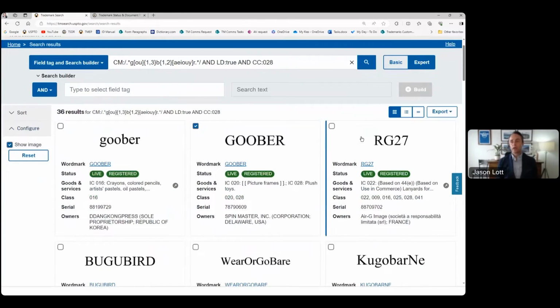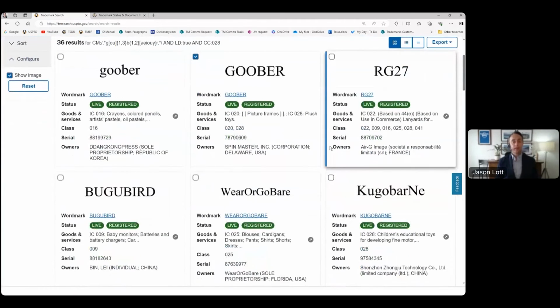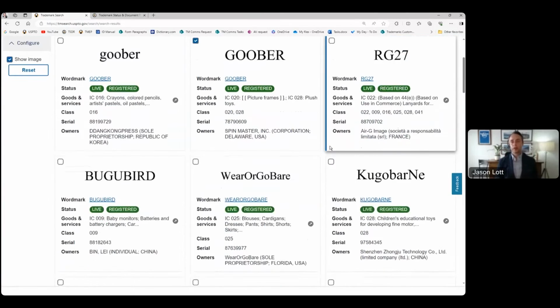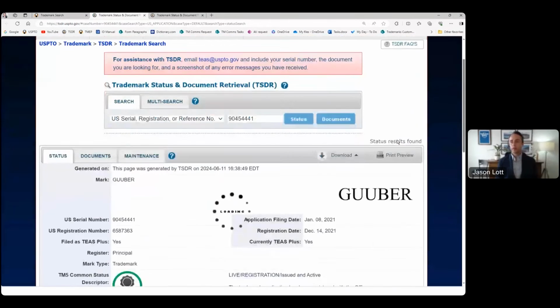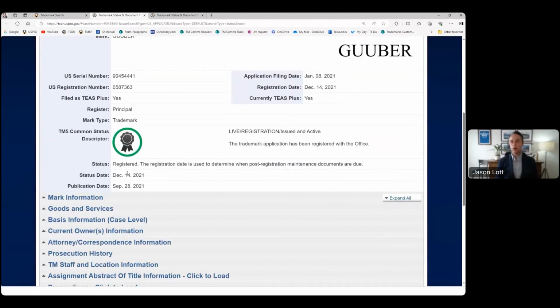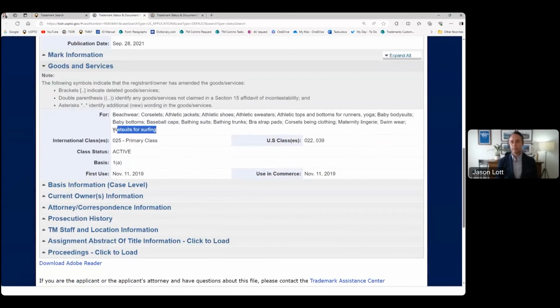Now, this is another kind of cool thing here. You see this blue line that has appeared on the left-hand side of that tile. That lets you know that in this particular search, you've looked at that result. So you might be going through, looking at these, this is the one that Karen had knocked out or looked at earlier, this GUUBER. And you come in here to TSDR, take a look at it, and you're seeing wetsuits